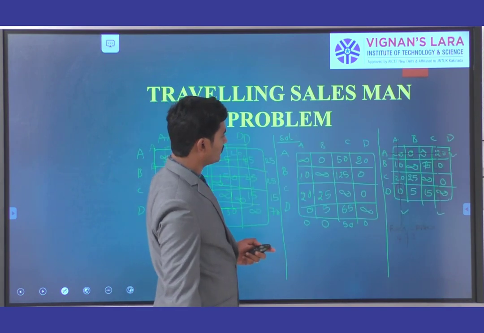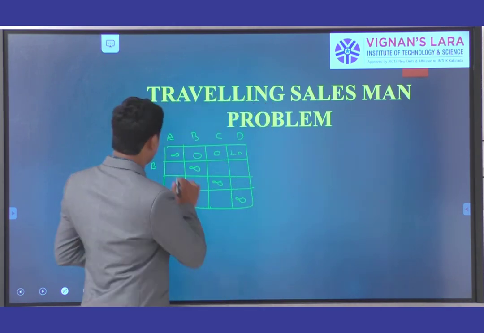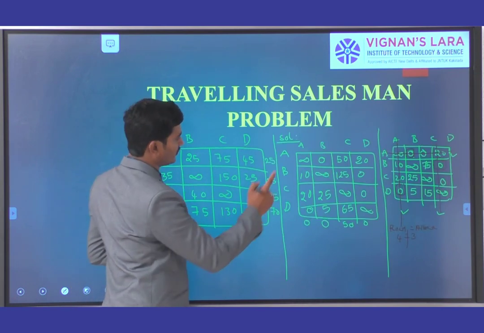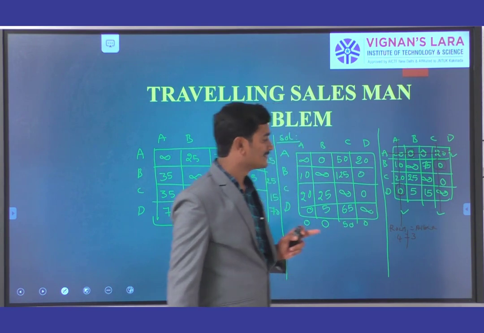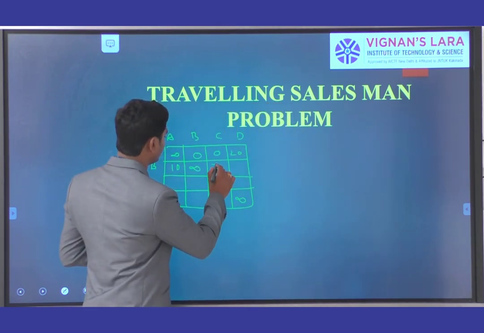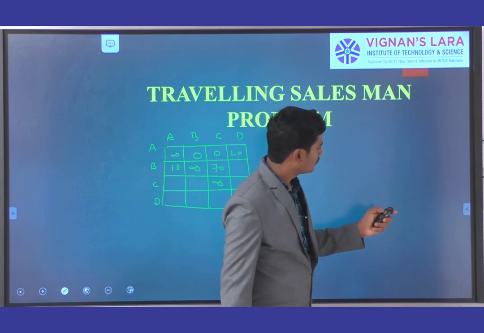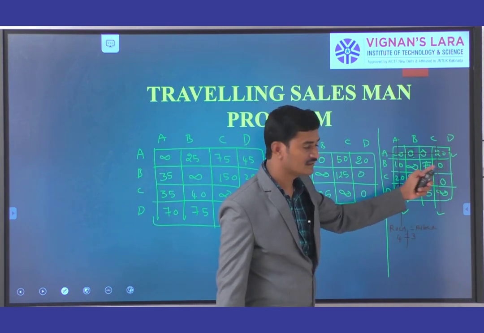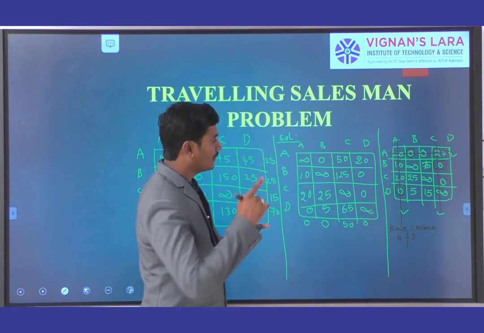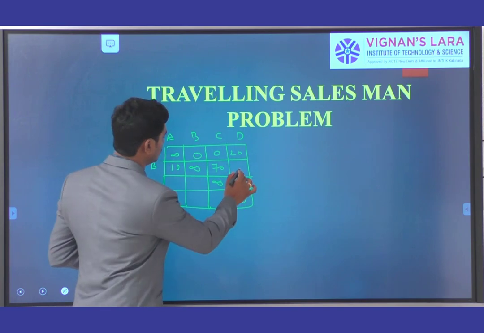Next coming to the second row, here 10, single line passed, so 10. Next here 75, there is no line. No line means we are going to subtract 5 from that 75. Here we take 70. Next here 0, one line passing through that 0, so simply we take 0.